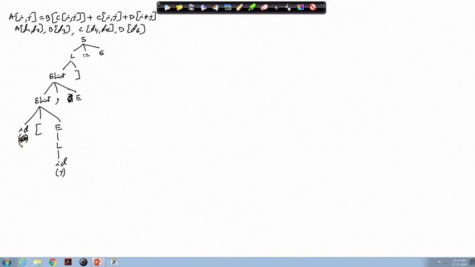This ID is A, the name of the array A. This ID is I, and this E produces L produces ID, which is the J part.